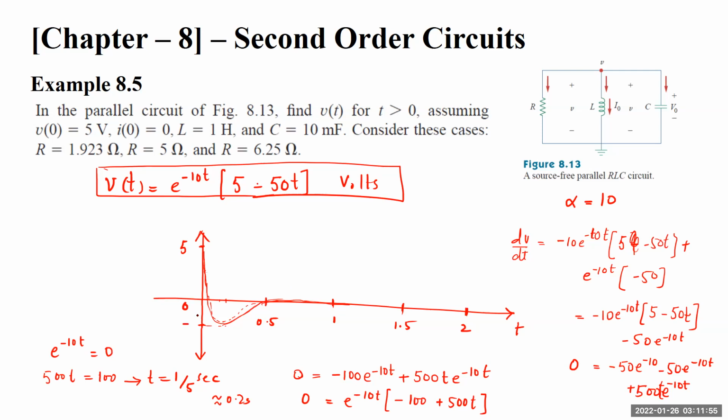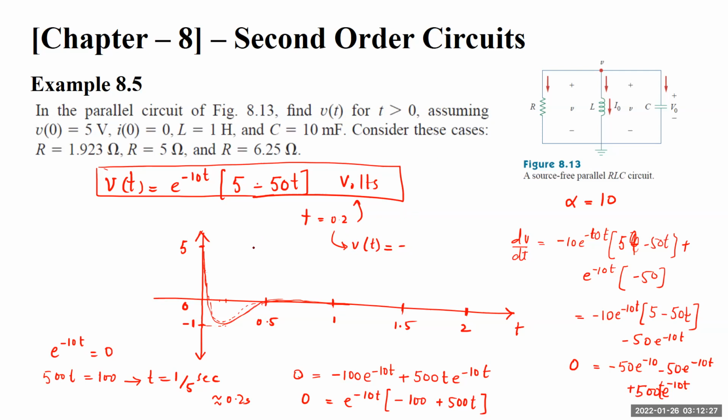So I have basically used the concept of maximum and minimum for any waveform, and this is how the maximum and minimum can be found. So if t is 0.2, just put in the value of 0.2. If we put t equals 0.2 in this equation, what is the value of v of t we get? We get some value of minus